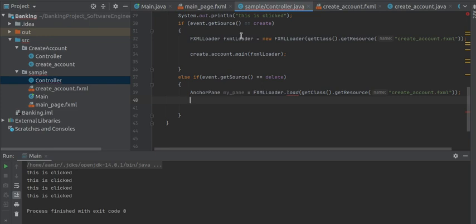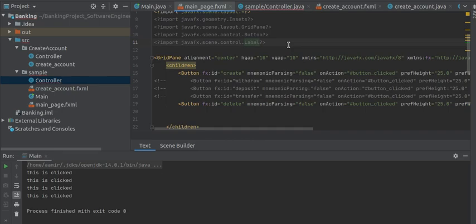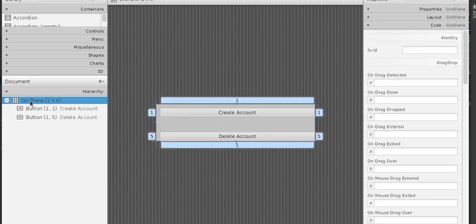Now what will I do? I will load this into my first window. If I open it in Scene Builder and check the parent, the parent of this is grid pane. So here I am giving the id the name grid. Press Enter and Ctrl S to save this. Now the parent of the first window is grid pane and the parent of the second window was anchor pane.